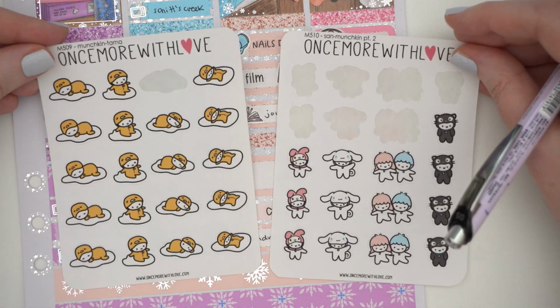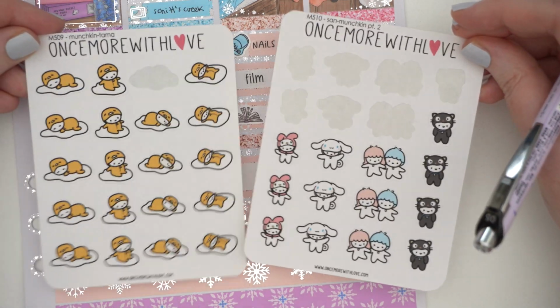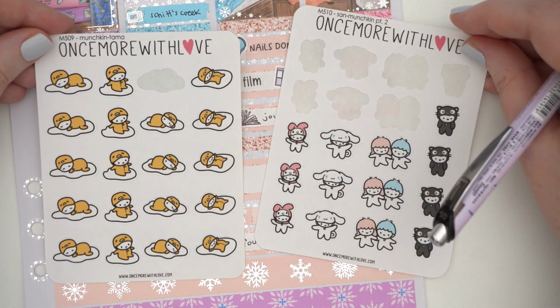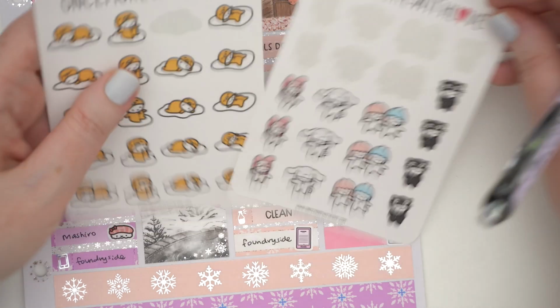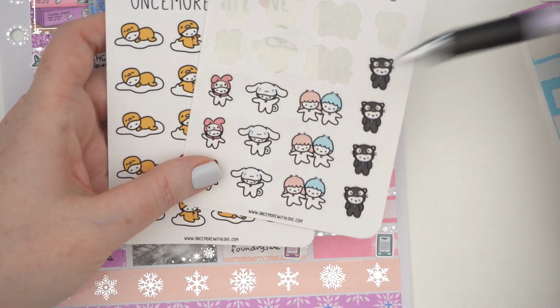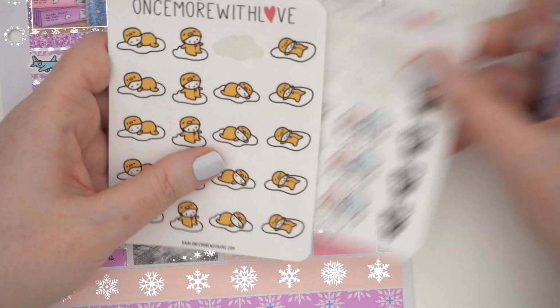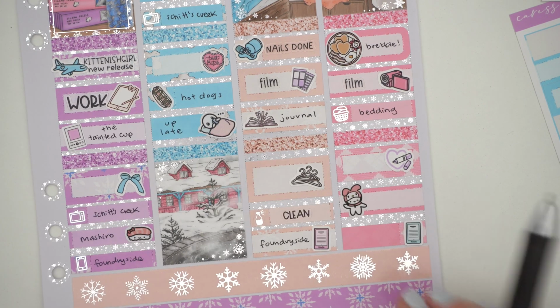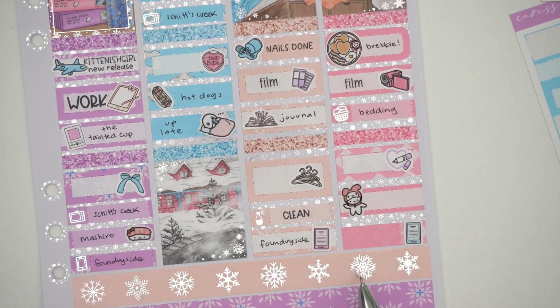Just these 2 sheets. I need to go check her shop and see if she has these still up because I'm going to run out. But all of these are in the game. We got My Melody, Cinnamon Roll, Kiki Lala, Choco Cat, Gudetama, and I need more, so I definitely need some more Sanrio stickers for my planner. And then again, I was